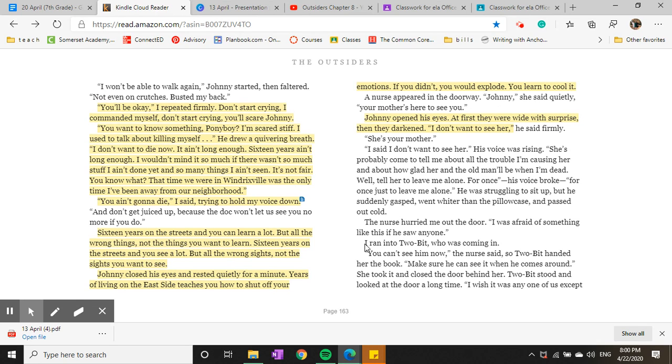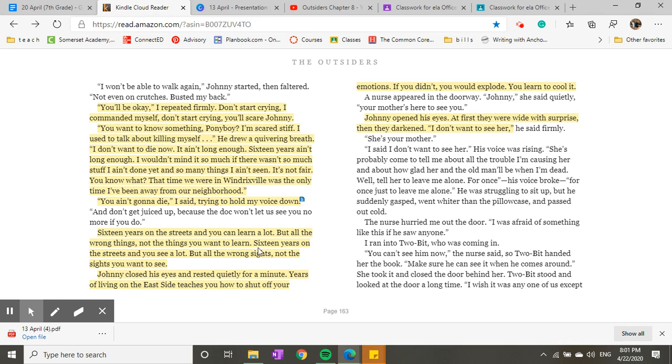I honestly feel like we can go every couple of chapters where he's not trying to cry. In chapter 1, when he first gets jumped, he's trying not to cry. And we have Johnny talking about whether or not he cried. This has been a theme throughout the whole book: you can't really show any emotion, especially one that makes you look weak. So that's an interesting concept if you're taking annotations with me.